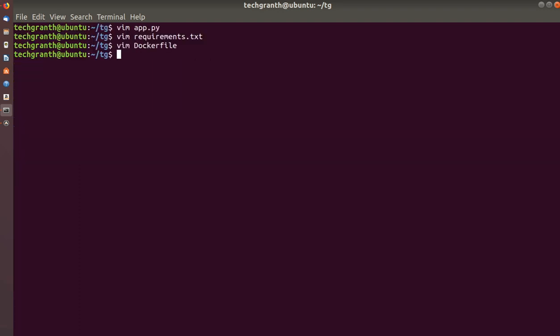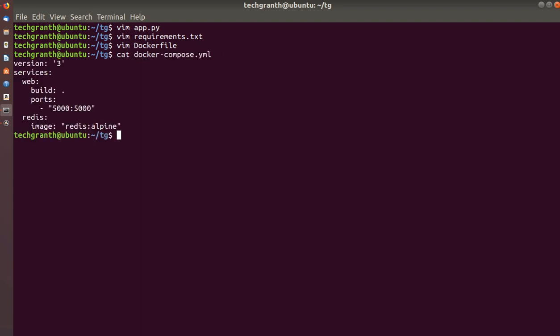So that was about the Dockerfile. Now, in the last part, we'll see about the Docker Compose YAML. As I told, we would be using a version here. Here we are using version 3. Then we define our services, where we have two services: one is web and the second is Redis.